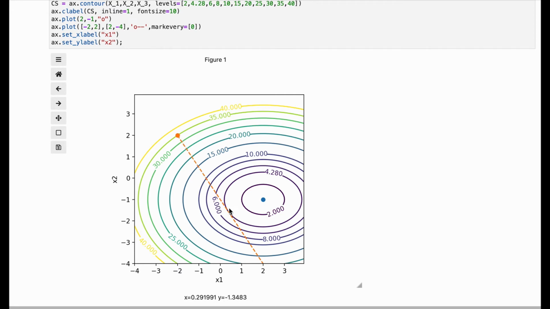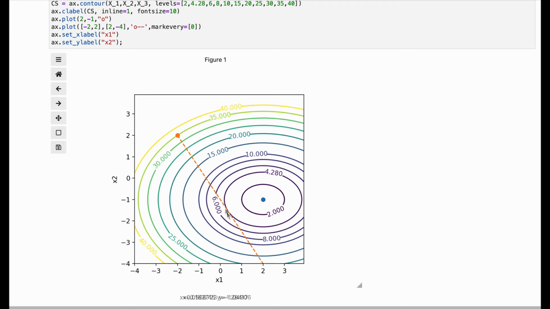So we're going to make a step along this line. And what we want is to find the point along the line where the function value becomes minimum. So that's the exact line search. And that point is geometrically easy to find. That's exactly here at this point,